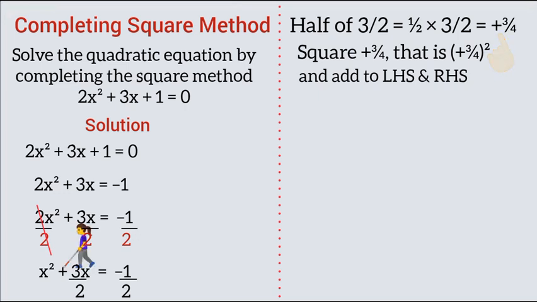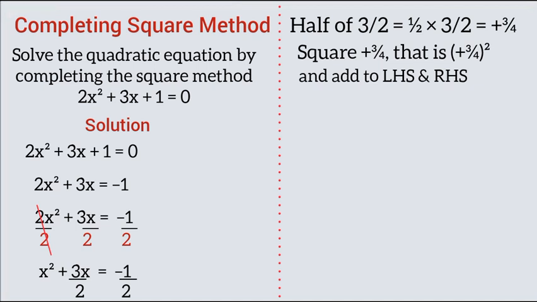Let us proceed. Half of the coefficient of x we got here is 3 over 4. So that plus 3 over 4, we will enclose it in bracket and then square. Now we are not going to solve it out. Take notes. To get 9 over 16, we won't do it now. We'll just add that plus 3 over 4 in bracket squared to the left and to the right hand side